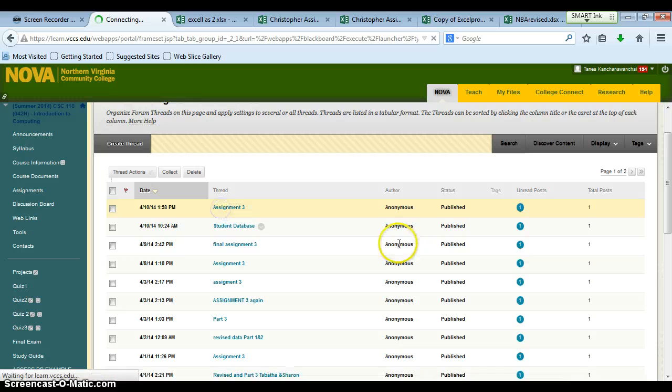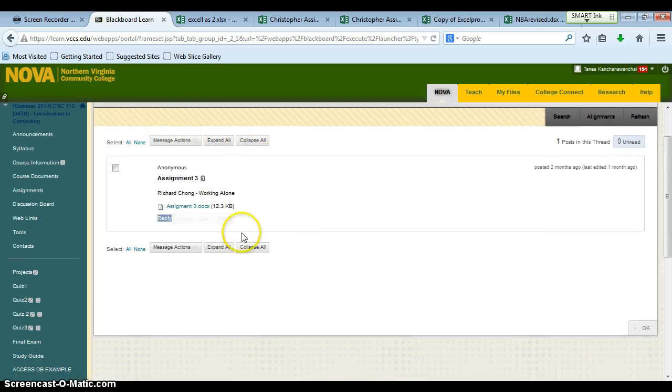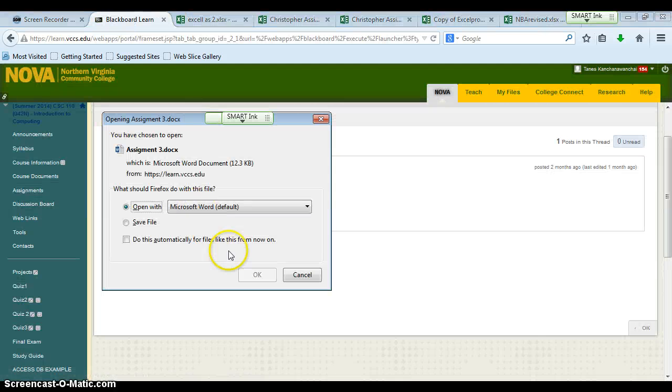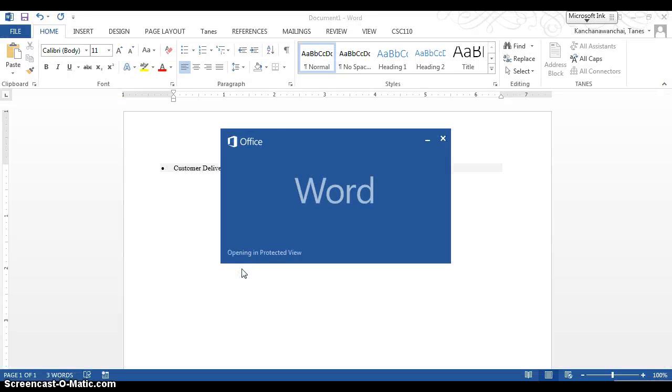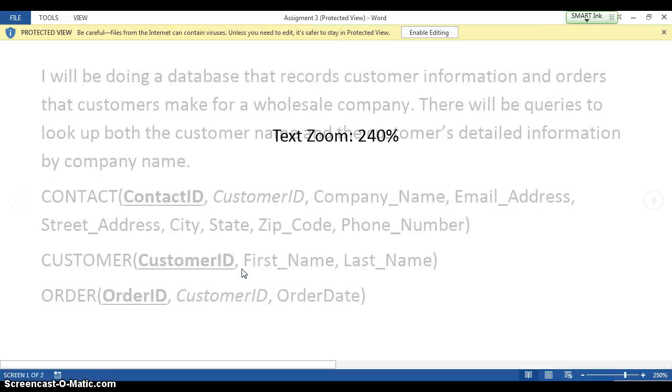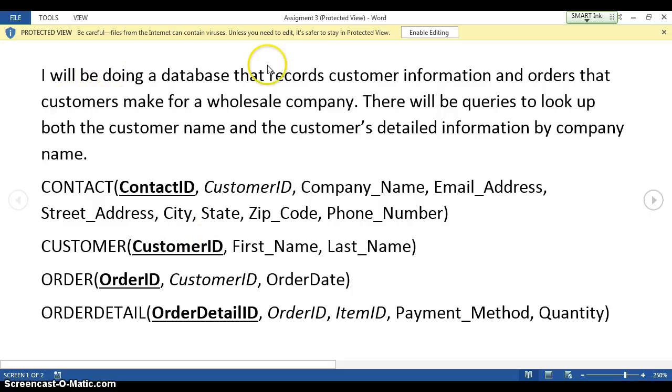Now we have some example from the previous class. You can look. What do you want to post? The design is at the bottom here. I'll do the database that records customer information and orders that customer make for a wholesale company. Alright, so you need to tell me,